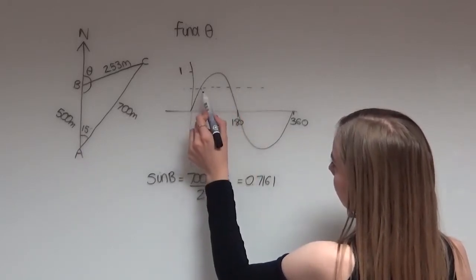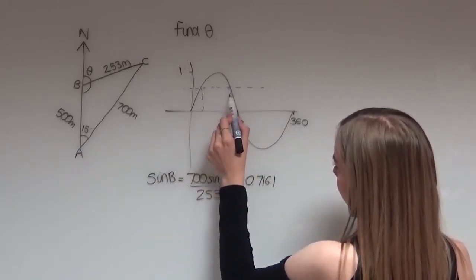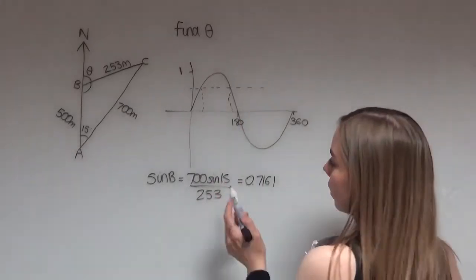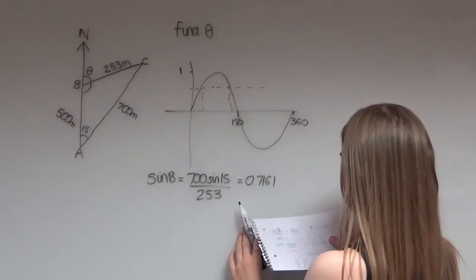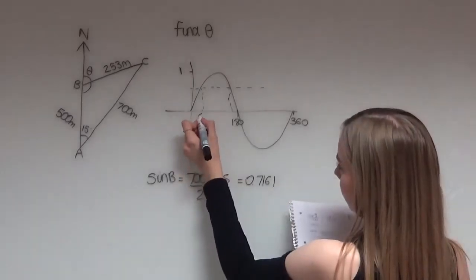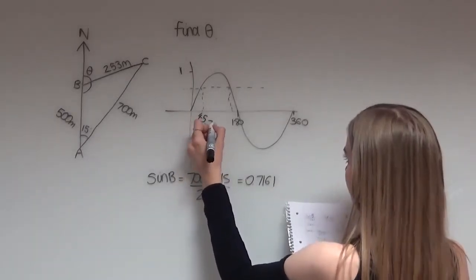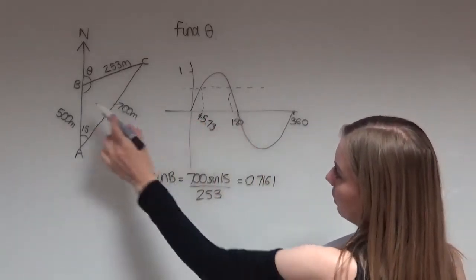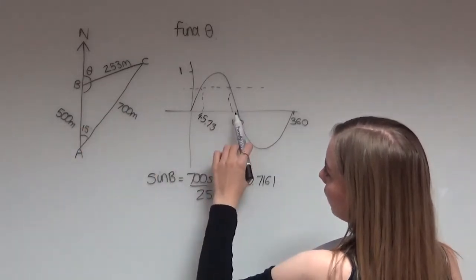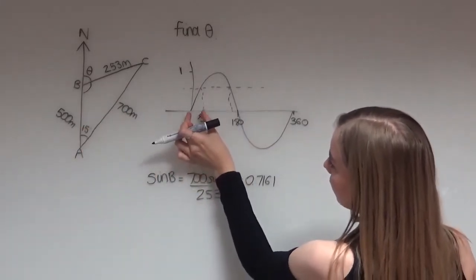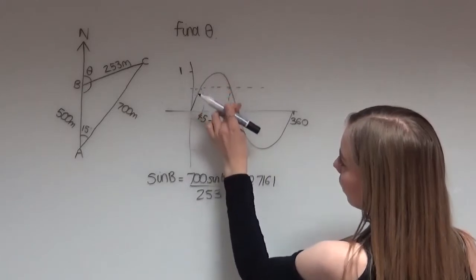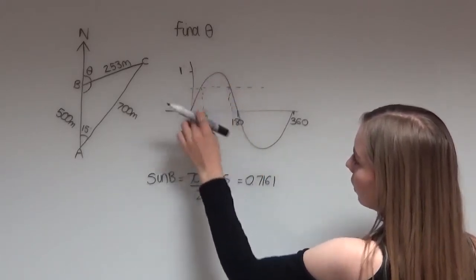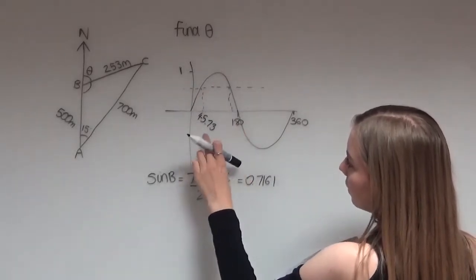And if we draw down to the x-axis from there, we can see that it gives us two values of b. So the angle we obtained was 45.73, and that will be this one here. Well, in fact, we're looking for this one here because it's an obtuse angle. So to find this, we can see that the distance from the x-axis is the same on either side of this curve. So all we have to do is 180 take away our